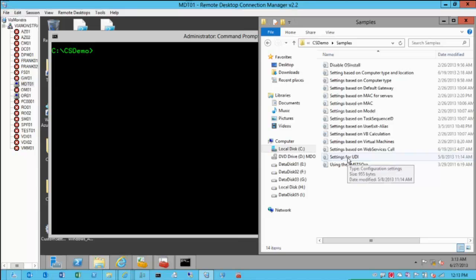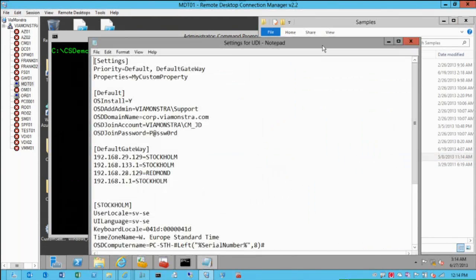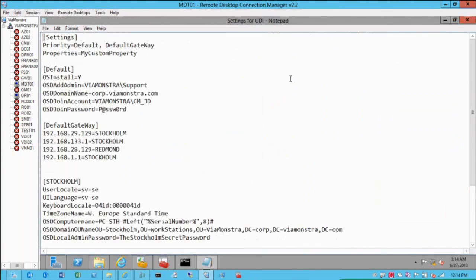If you deploy UDI, maybe you want that to have different passwords for the default administrator in different locations. You want to have different settings based on certain things. So let's pop that up. I actually got a question in the Twitter feed, which is sort of relevant. It's actually a really good question